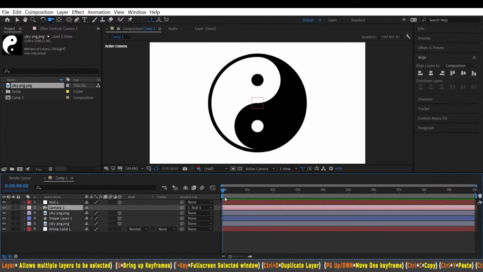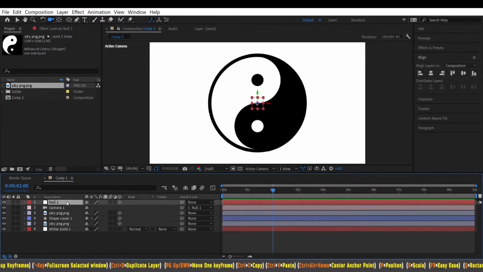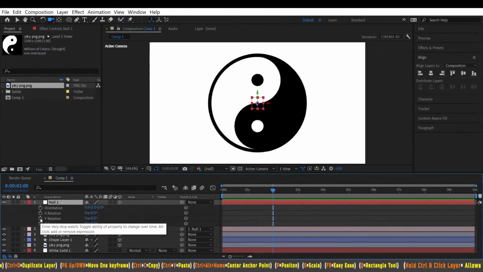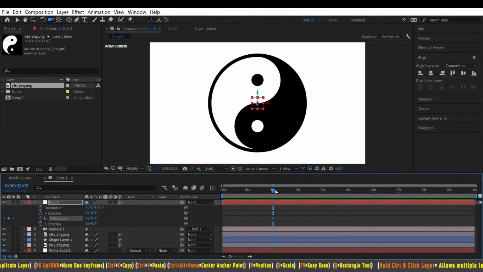and let's move to about 2 seconds. And we're going to click R for rotation. And you want to go ahead and make a keyframe and drag it all the way back to the beginning, and then make this rotate however many times you want.